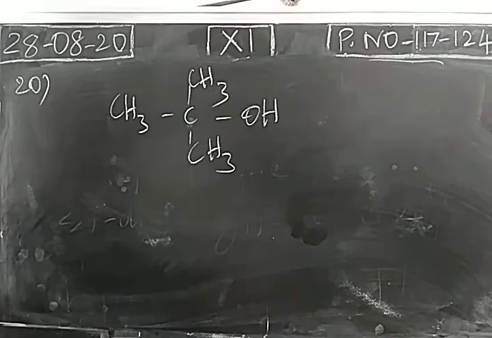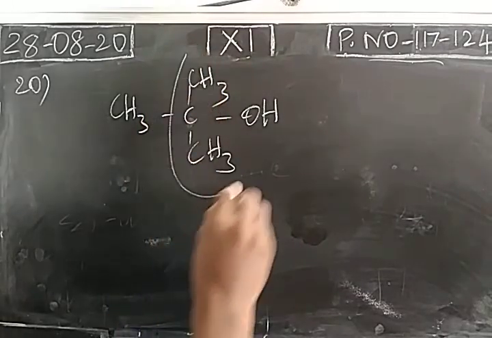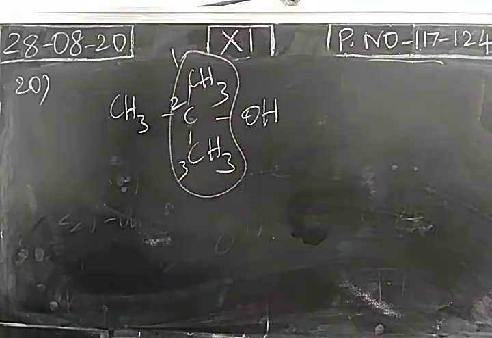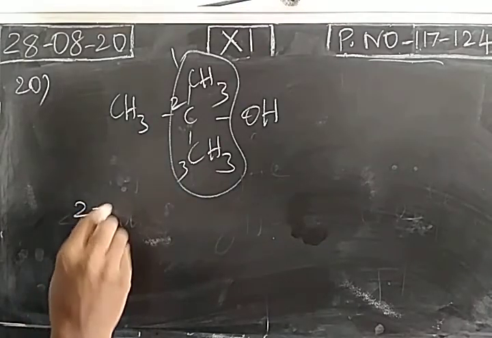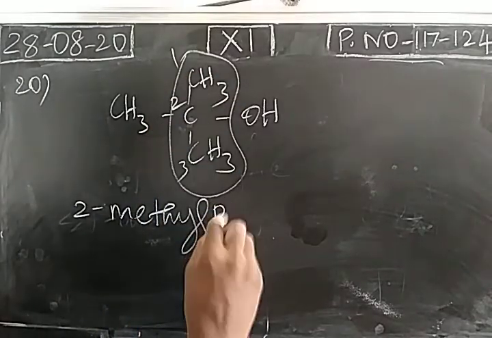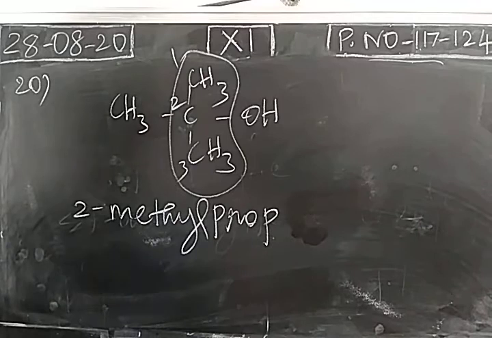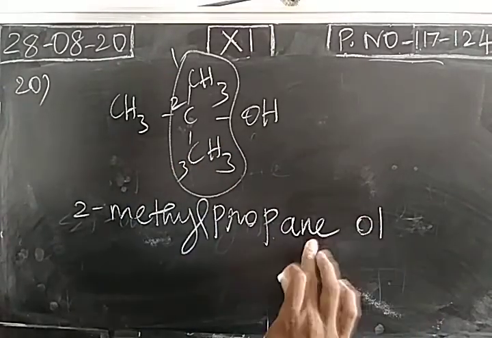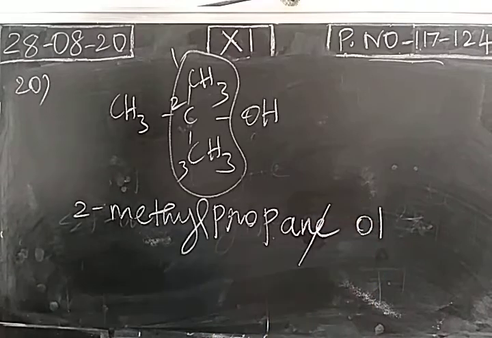So take this alcohol. In this alcohol, we select this as the longest chain containing 3 carbon atoms. So we give numbers. At the second position, we have the functional group alcohol and the methyl group. So the prefix, that means the substituent, is methyl at the second position, and 3 carbon atoms in the longest chain. So root word prop. Single bond is present, primary suffix ane. Alcohol is a functional group, so secondary suffix ol. When we join these two, this e will be struck out, and the position of the alcohol is 2. So its name is 2-methylpropan-2-ol.